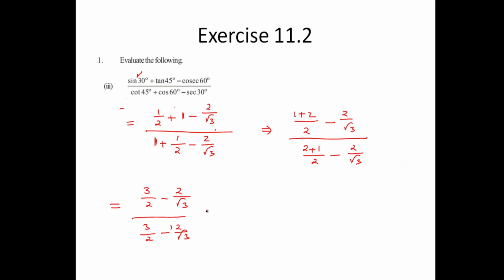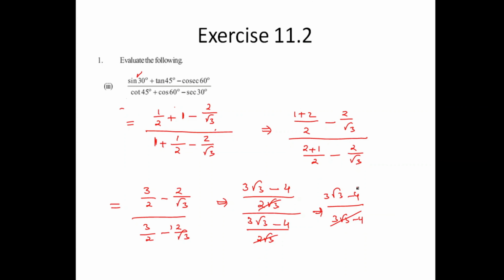So we have this answer here directly. You cannot remove everything, so you need to solve this. I can write this and cross multiply everything, minus 4 by 2 root 3, and here also cross multiplying this one, I will get 4 by 2 root 3. So here the values of the numerator are removed directly. What is left out? 3 root 3 minus 4 by 3 root 3 minus 4 is left. As this is required, I can cancel this one out. How many times? 1 time. So the answer of this sum is 1.